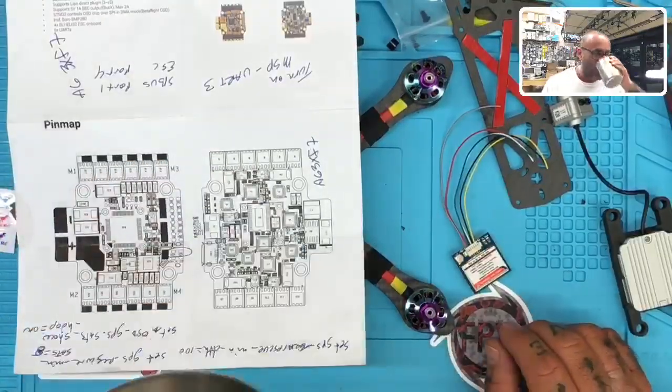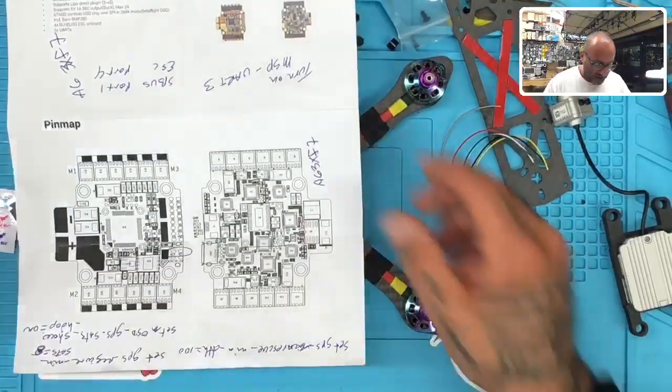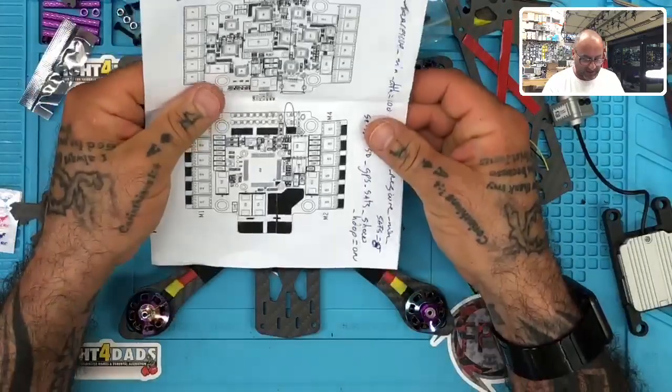What's up, Bryce? All right, so what you can see here, and like I said, the labels for the pads